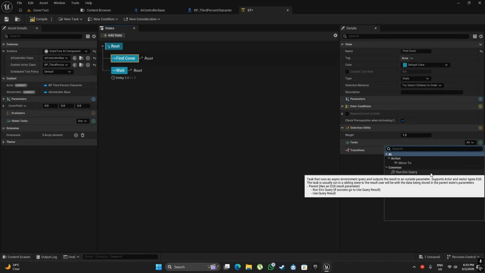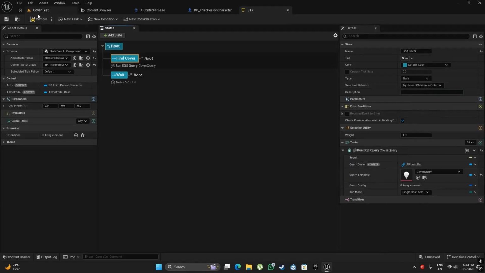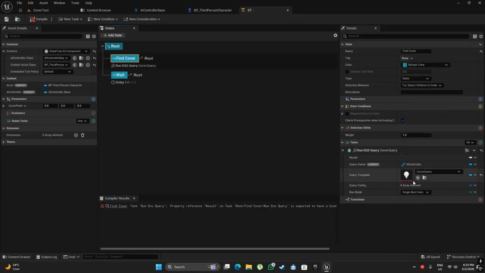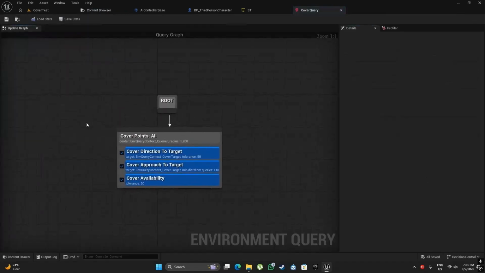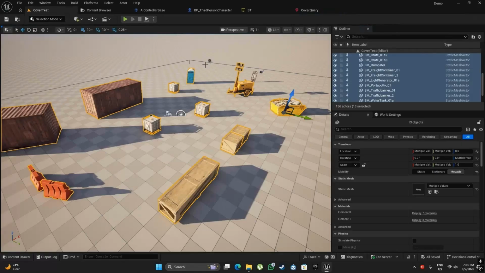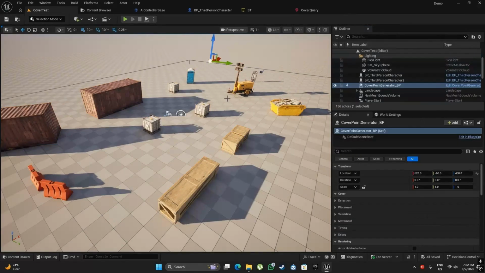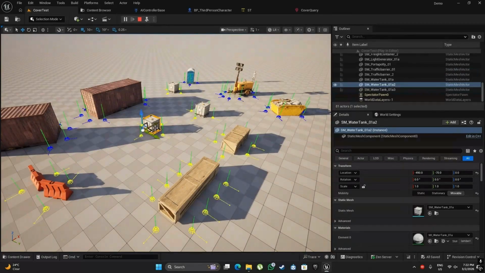So we can run an EQS query, and the query would be this cover query, and it comes with the plugin. Okay, so let's take a look at this query. It has this custom EQS generator that pulls the points that are being generated by this cover generator actor. So these points, and by the way, these points are being generated at runtime. So if I change the location of the meshes,